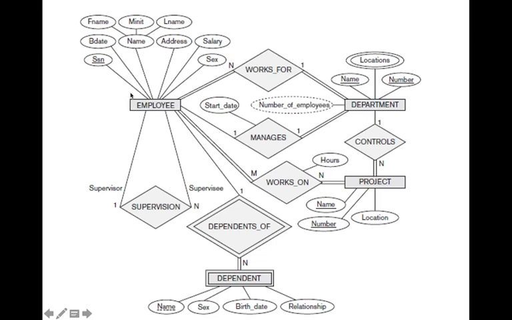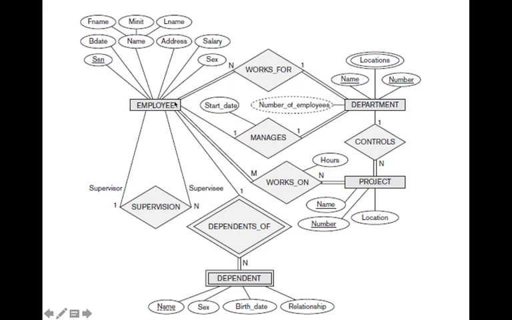In the previous lectures, we have seen how to represent these entity types. This is employee, this is department, we have represented project, and we have represented dependent. Now we have found there is a relationship between employee and department, the works for relationship. We specify it using a diamond, works for.